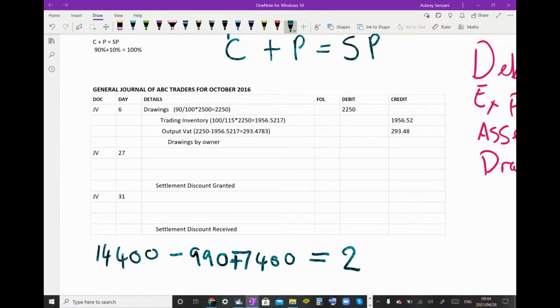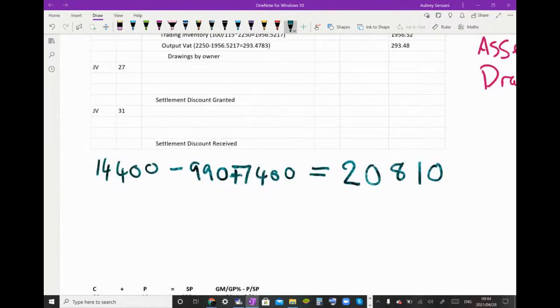20,110. 810. Okay, cool. So now we know how much was owed. But remember, we gave him a settlement discount. So if you were doing the cash receipts journal, which we said we're not doing today, you would then say, okay, the money that was received by him, whether it be by check or actual cash, it's going to be,